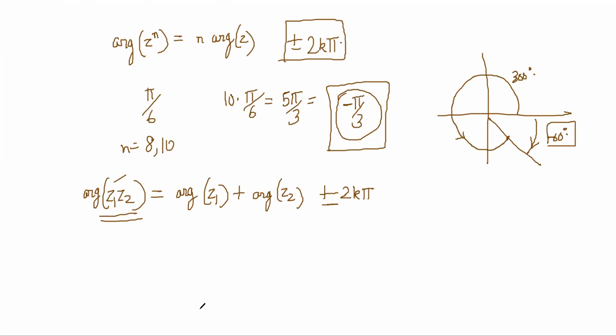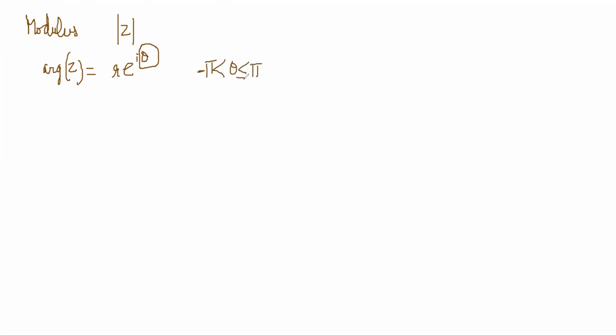So basically modulus and argument we have understood. What is the meaning of modulus? It is mod z, which is the distance from z to 0 and also the length of that vector. Argument of z is the angle that appears in the exponent, r e power i theta, where theta is the argument. And argument values are generally specified between minus pi to pi.